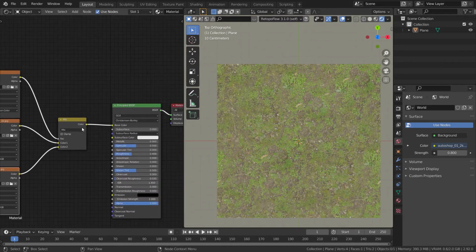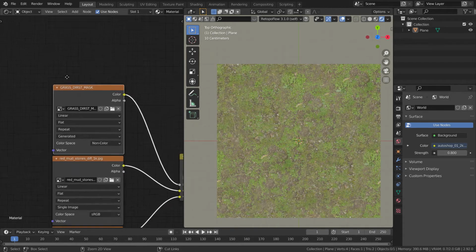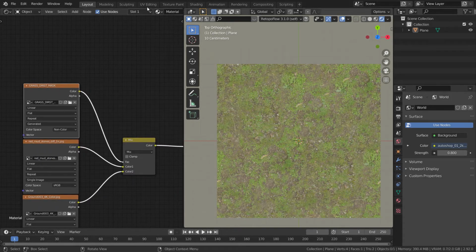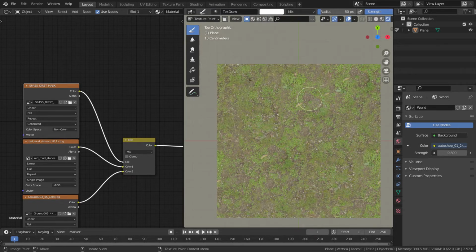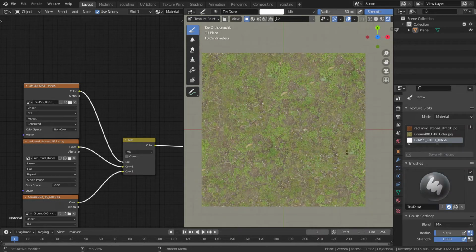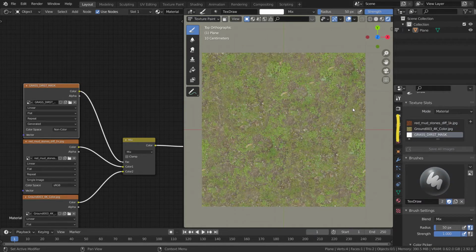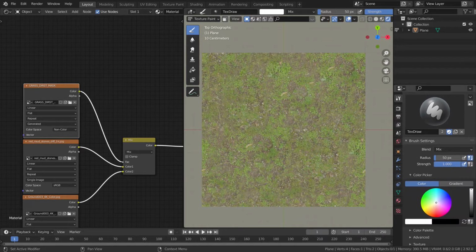So now let's go into our texture paint, but before going to texture paint, don't forget to select your mask. While selecting the mask, you can either go over here and change this mode to texture paint, or you can go from the top over here. By the way, our texture mask is selected over here on which we want to paint.